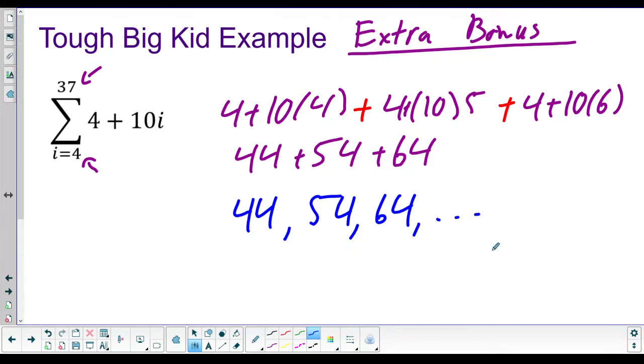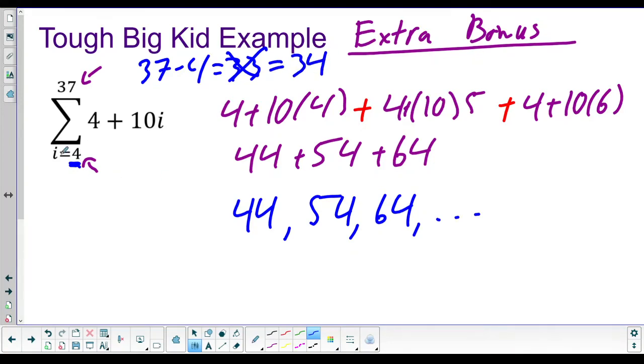The tricky thing here is counting how many terms there are. And you're going to go, well, Barton, just do 37 minus 4. There's 33 of them. This is wrong. You have to be really careful when you do this because that's the difference between these. That's how many steps it takes to get from here to here. You're not counting the one you start at though when you do that. So there are actually going to be